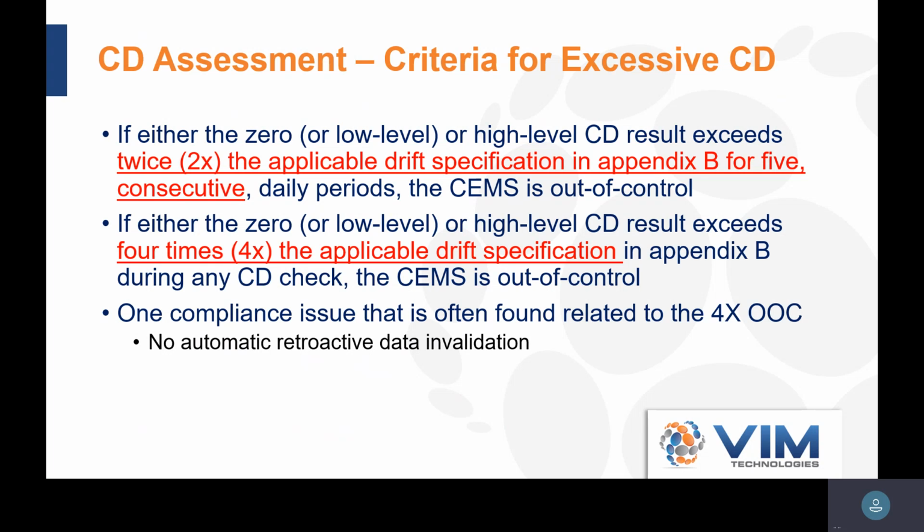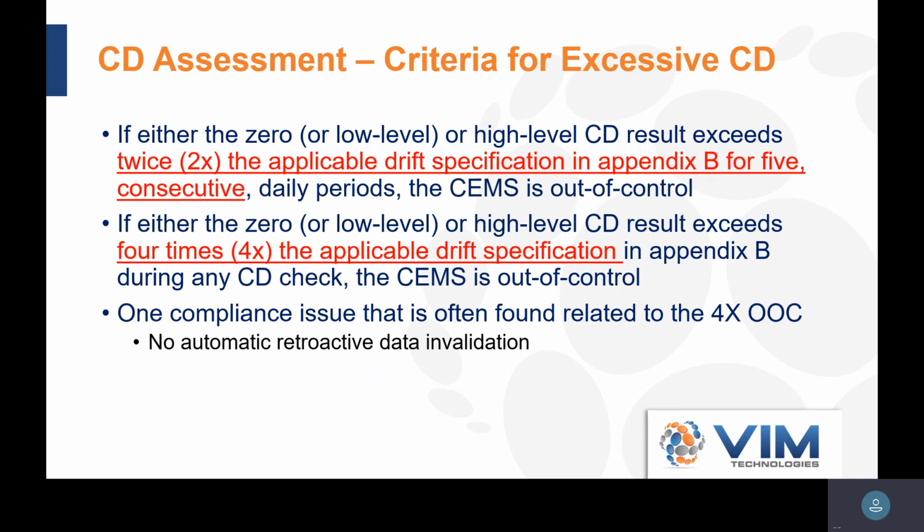Then secondly, there's a second criteria where if you're 4 times the performance spec over on the calibration drift check, then the data is actually invalid back to the previously passed calibration drift check. So again, if we use NOx as an example, if you're over 10% on any calibration drift check, as soon as you complete that calibration drift check, data is invalid back to the previously passed calibration drift check, and it doesn't become valid until you pass a